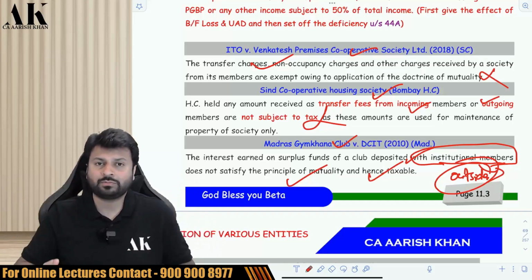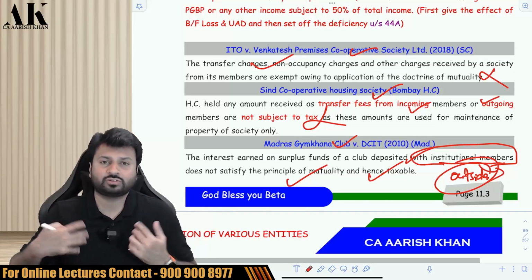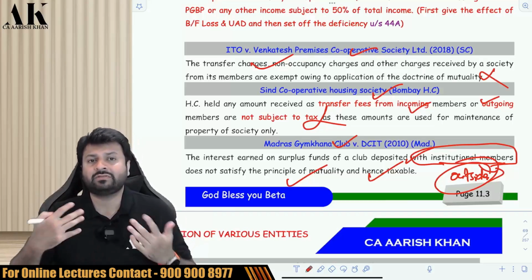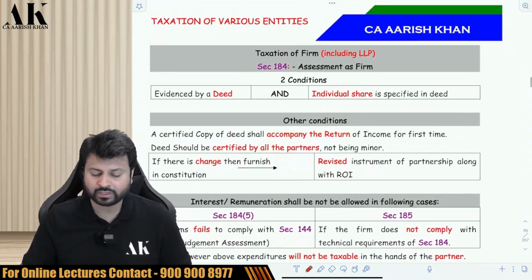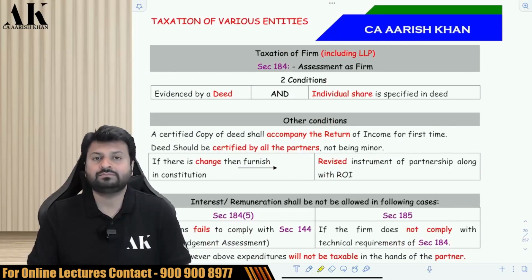Mutuality means what? The provider of the service and the receiver of the service has to be the same. At that point, we can say that we are mutually the same. Okay. So now let's go ahead with a big and important one, that is taxation of firm, which